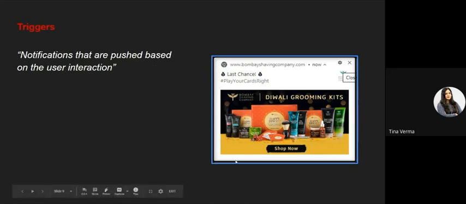Also, you must have noticed that once you visit any e-commerce platform and make some good purchases, add them to your wish list, and then leave the cart, triggers come under cart abandonment messages as well. Once you leave the cart, a user can be targeted based on that. Since you have left the cart, kindly let us know your feedback on the products and why you did not purchase them. Like that, notifications can be pushed out to those specific subscribers. This is how triggers work.